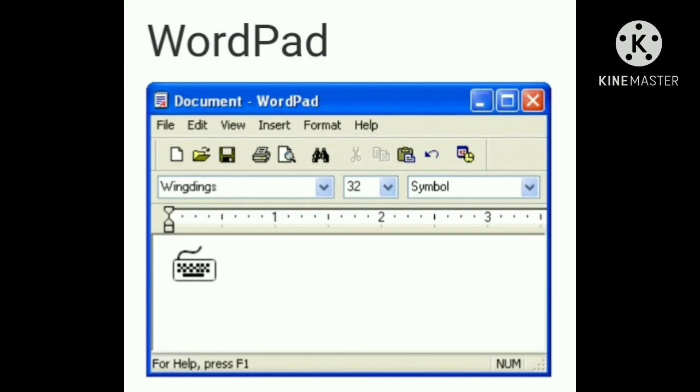WordPad can format and print text but lacks intermediate features such as a spell checker, thesaurus, and support for tables. As such, it is suitable for writing letters or short pieces, but underpowered for work that relies heavily on graphics or typesetting.